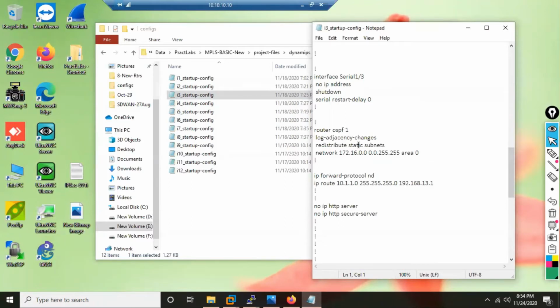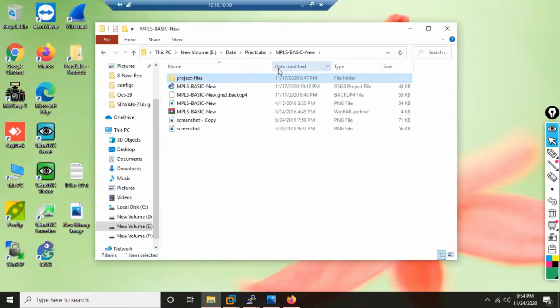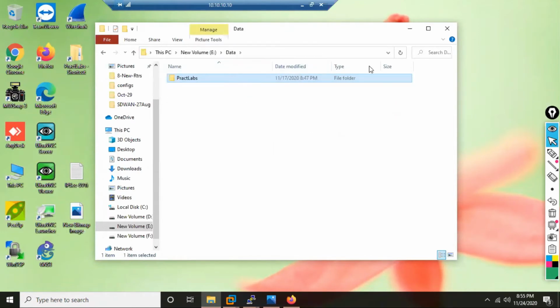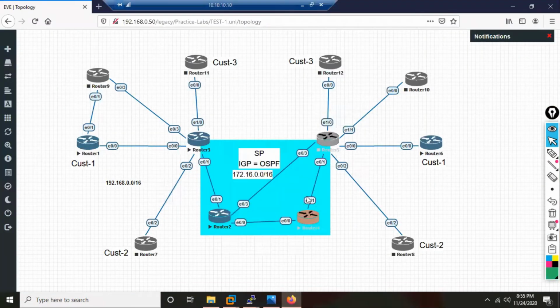So I can just go here and remove this line. It is only a one-time configuration. That also I can share. At least the configuration files I can share with you, that is not a problem. But don't wait. If I don't send, that doesn't mean you will not do. You should have some effort of doing this.